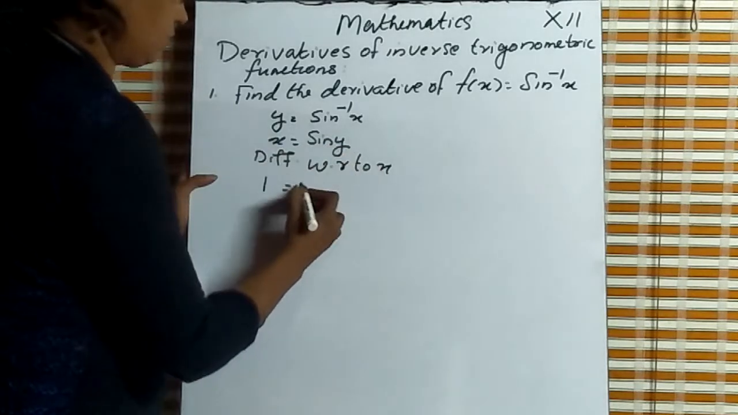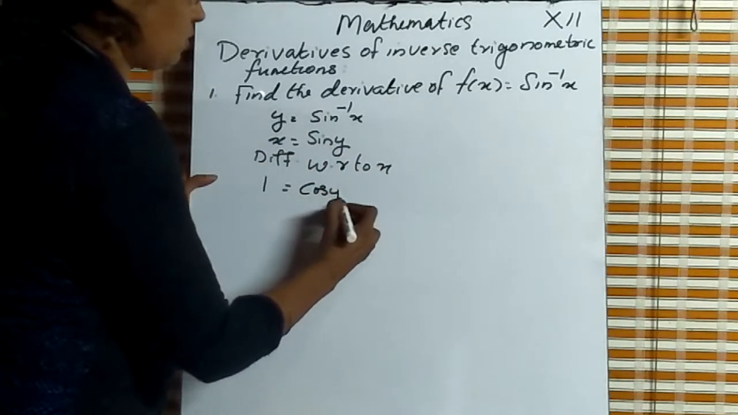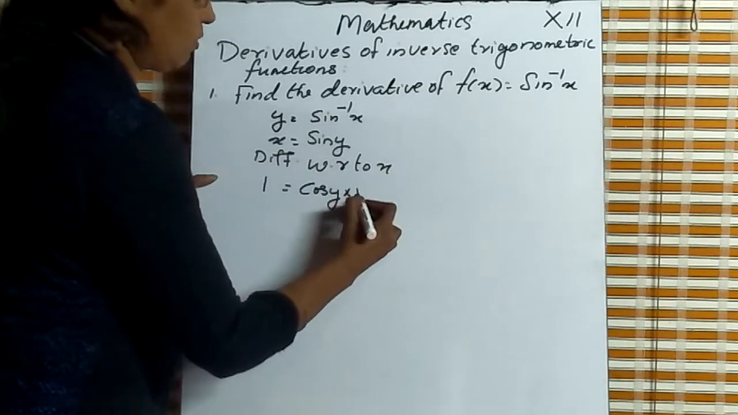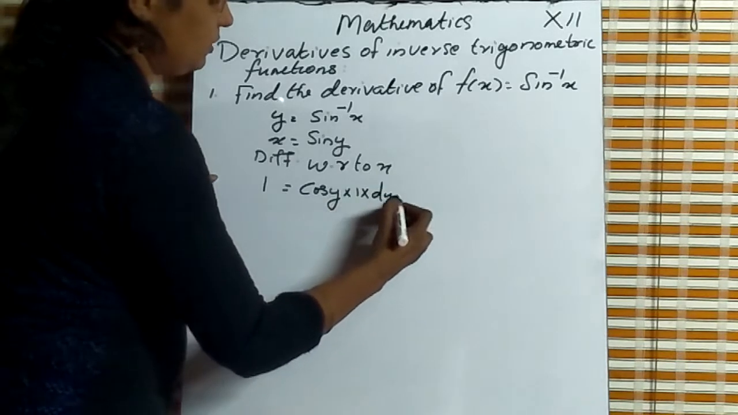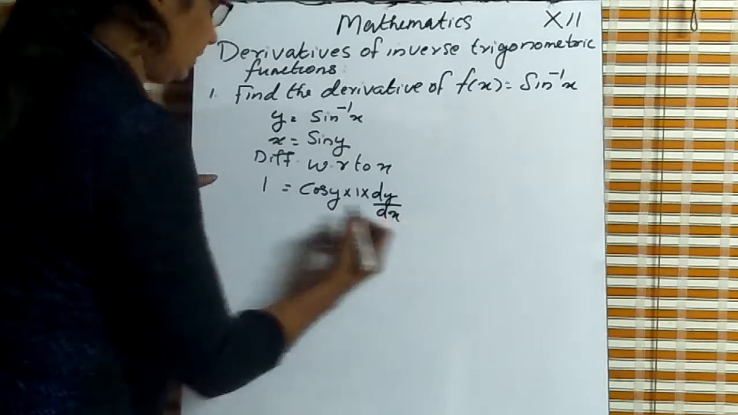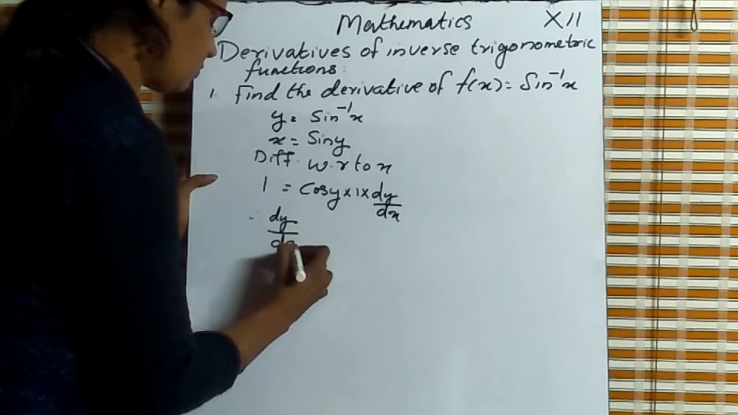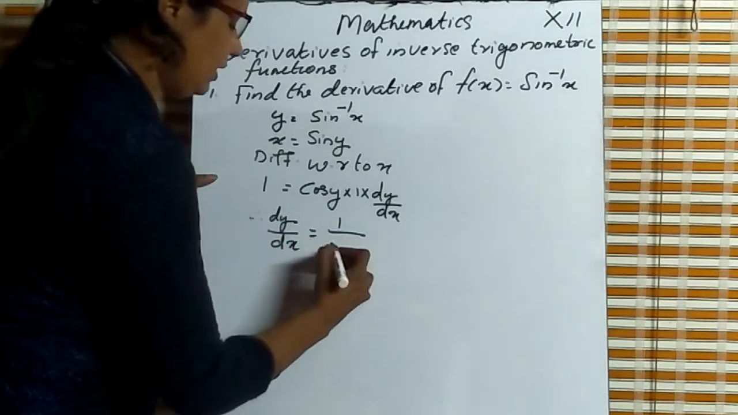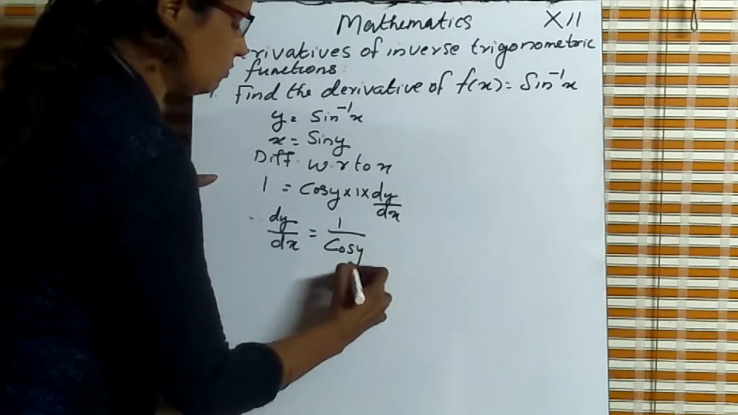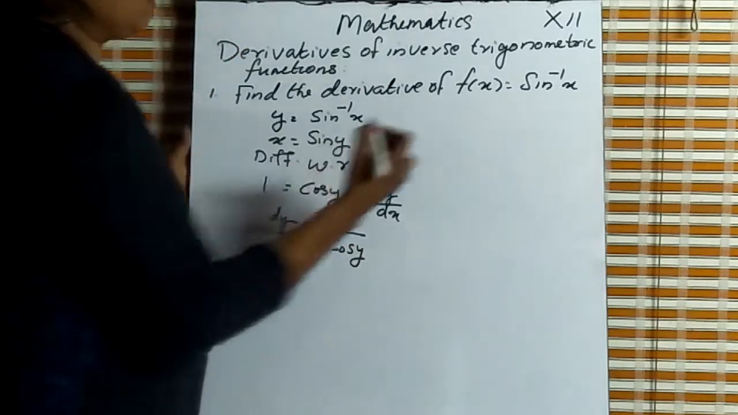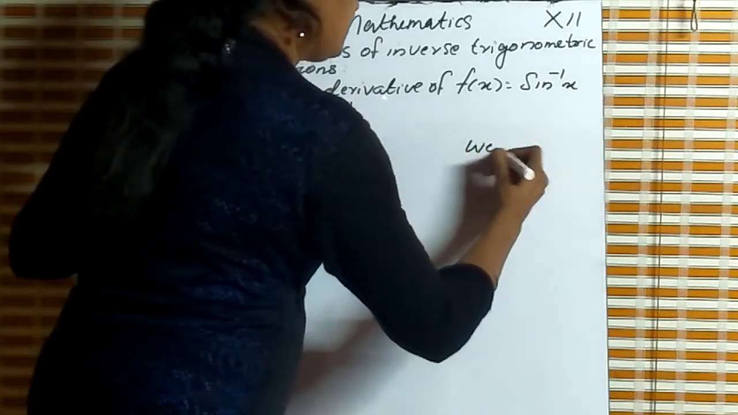1 is equal to the derivative of sin y, which is cos y, into the derivative of y, which is 1, into dy by dx. Therefore, dy by dx is equal to 1 divided by cos y. We know that